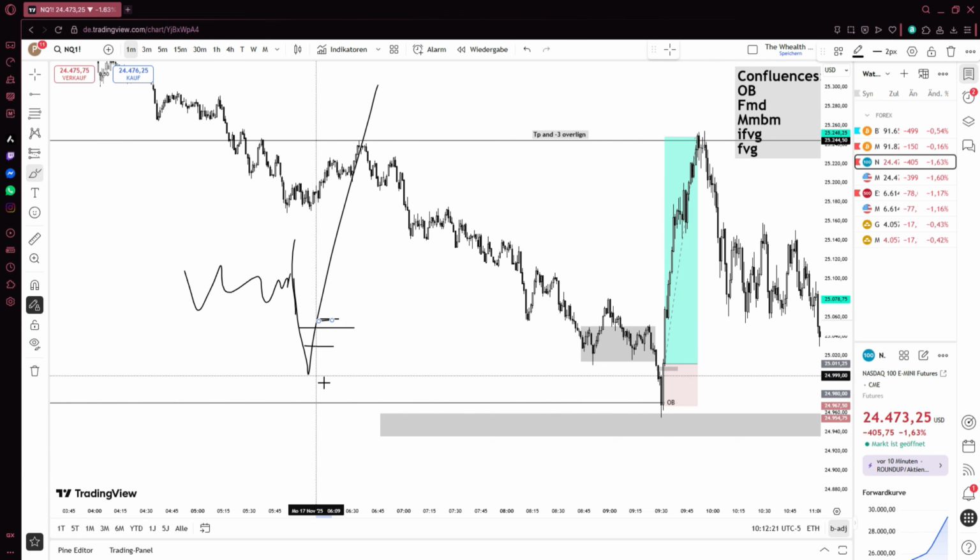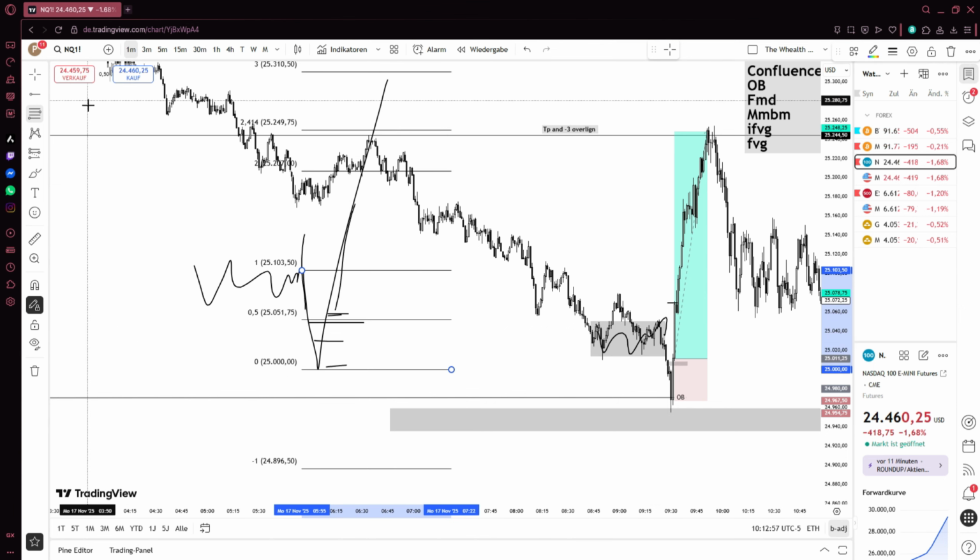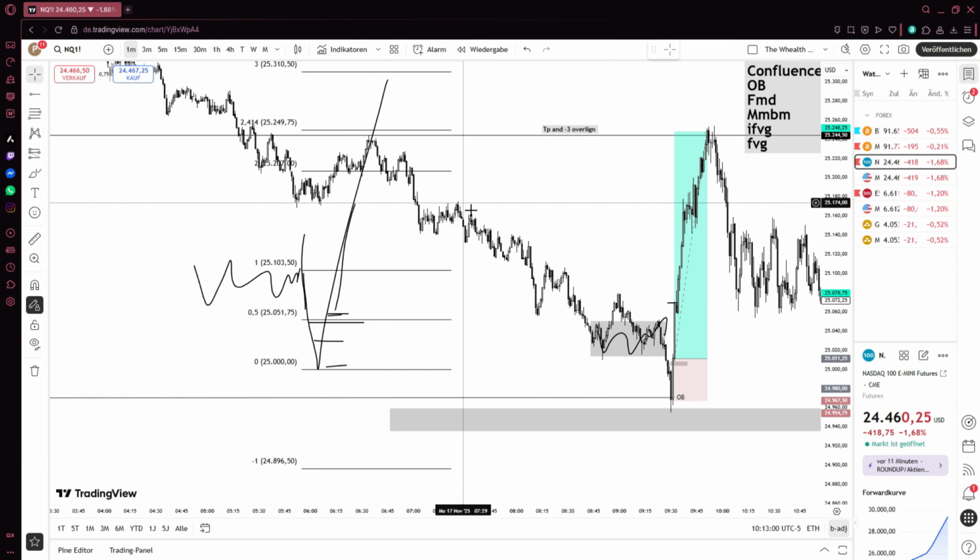But once I enter, I put my stop below the bodies from the leg, like you see here. Once I enter, I don't really have a clear take profit because I don't know if this is going to happen. Then I lost basically. But if we push past this consolidation, as you can see here, I know we broke out of this consolidation pattern, and I anchor my standard deviation from the high to the low,